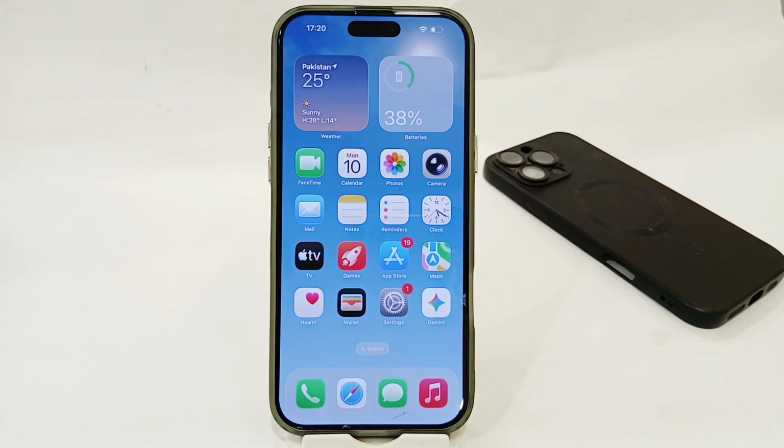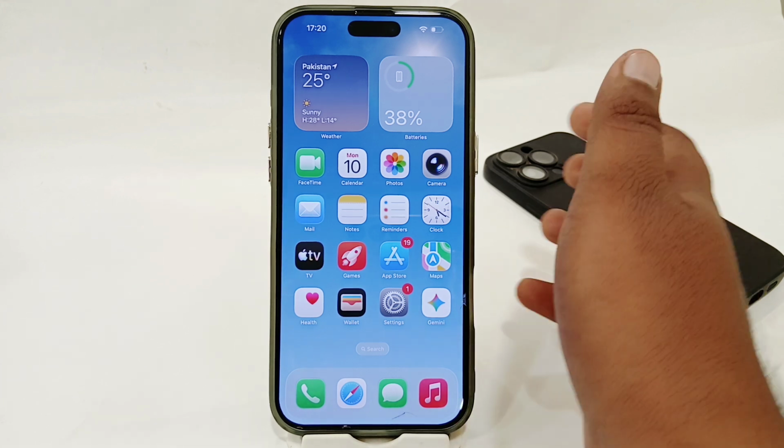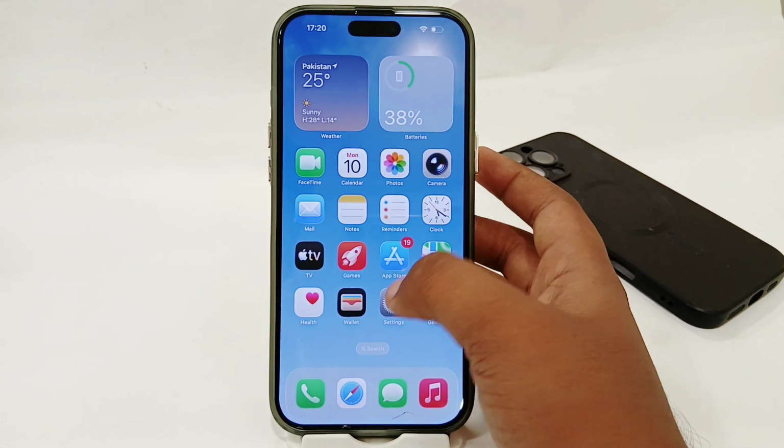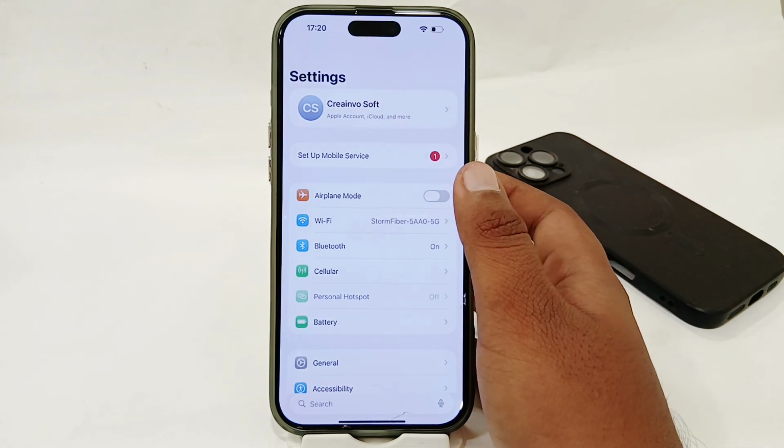Hey guys, today I'm going to tell you how to fix Safari not loading web pages on iPhone. If you're using any iPhone and your Safari browser is not loading web pages, let's see how you can fix the issue. To do that, you simply have to open your settings here,